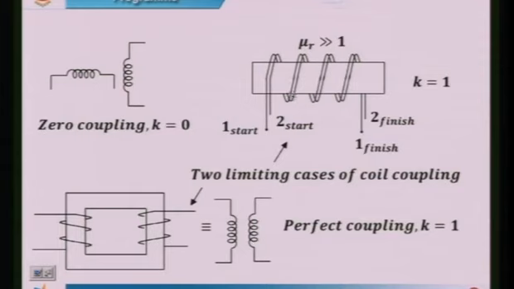In this case, the coils are wound one above the other. Therefore, most of the flux produced by the first coil links with the second coil. The same thing is also true in this case. However, in this case, you can see that the flux produced by this coil is not linking with this coil because it is not passing through the core of the coil. Therefore, the flux linkage is 0, or the coefficient of coupling is 0, while it is almost 1 in this as well as in this one.